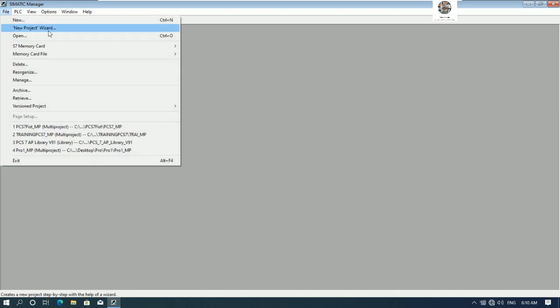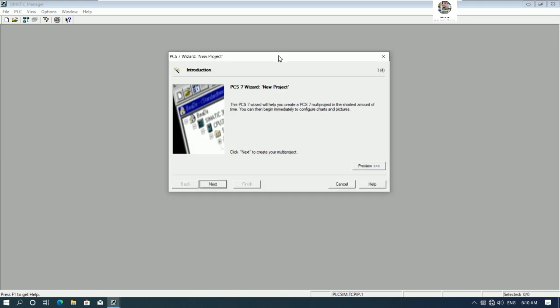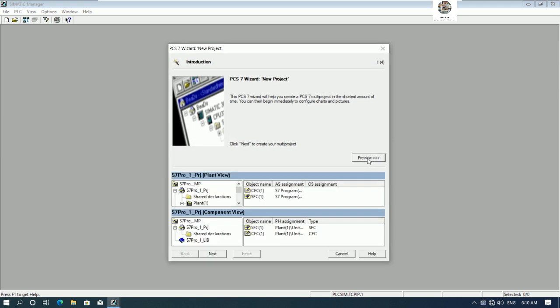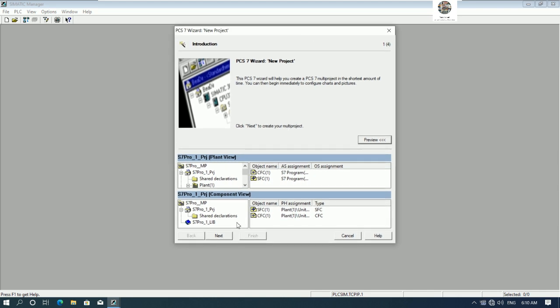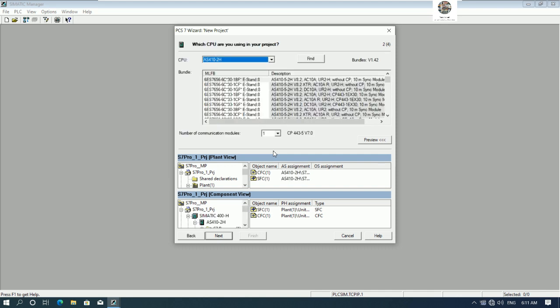So first let's go to File and then New Project Wizard, and we can preview the project. Then go next, and here is the CPU. It means the central processing unit that we will use. For example, I use this CPU,